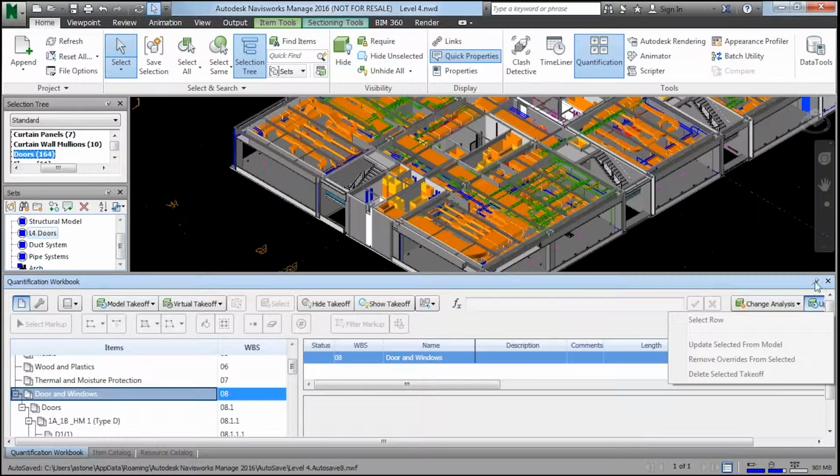Now again, once you've assigned that quantity takeoff, I can say Show Takeoff. I can hide it. What these mean is basically I can hide everything that has already been taken off, or show everything